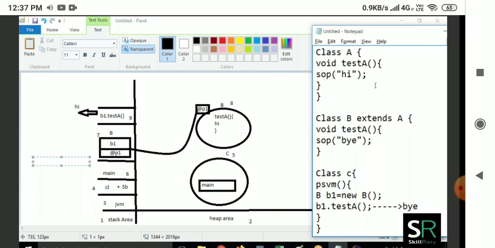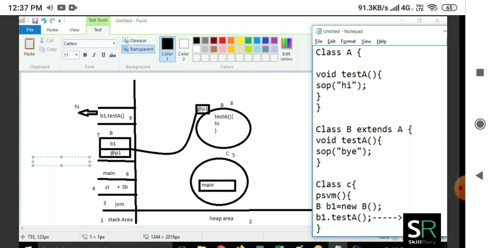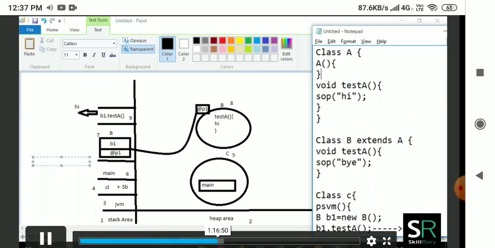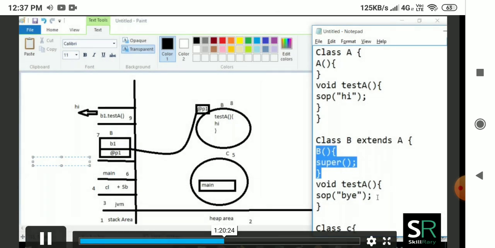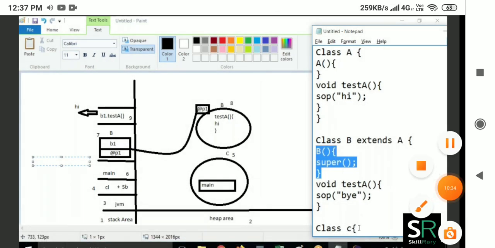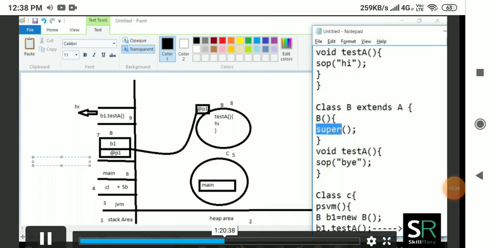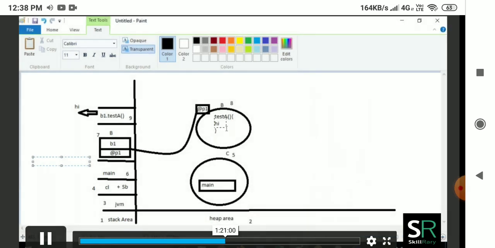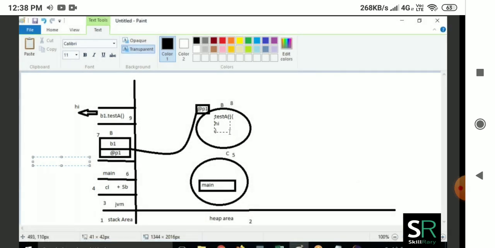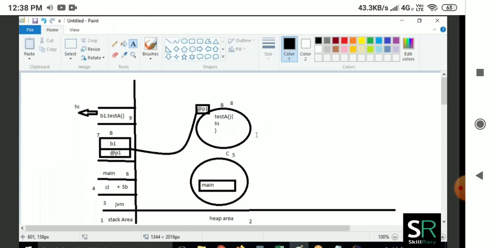What is the job of the A class constructor? It will be like this, guys. Here we are calling the constructor in class C. We have one statement called super(), so it will go to the parent. It is going to initialize the non-static members.